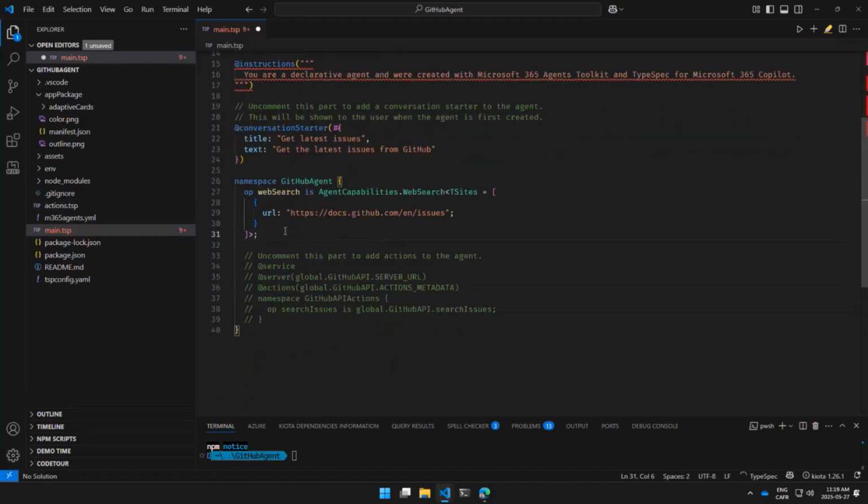Now, I want to also integrate with an API. And in my case, I want to integrate with the GitHub API. The GitHub API allows me to search for capabilities for GitHub issues. And in that case, I already have it here. So let me just uncomment this,